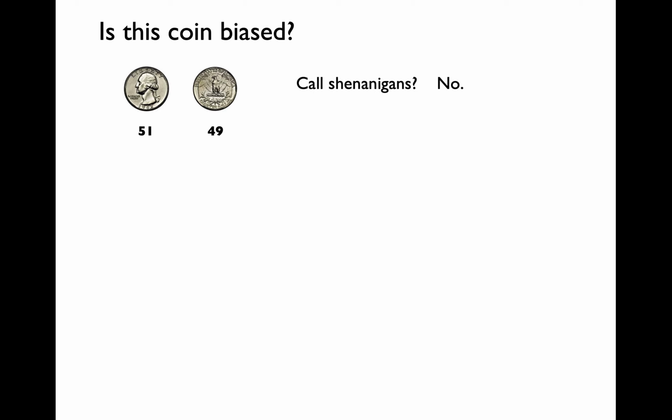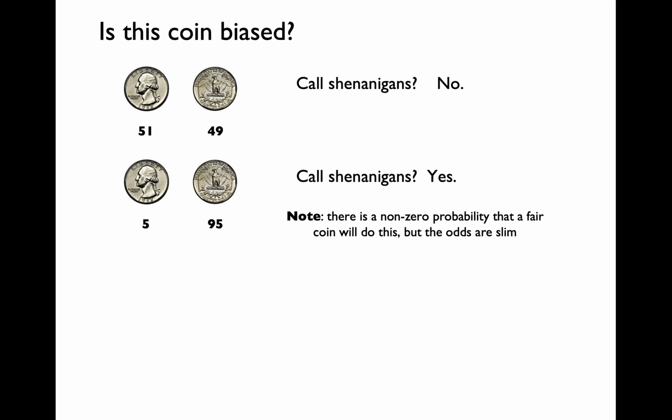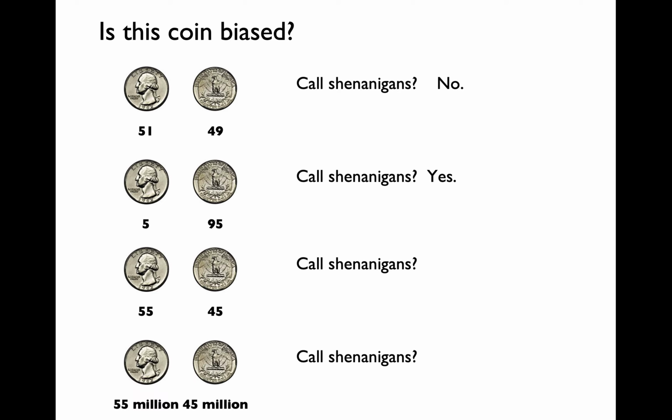Probably not, correct? What if I tell you that your friend got 5 heads and you got 95 tails? You will probably say that your friend cheated just to make you win, correct? Nice friend though. Let's consider a couple of more examples. What if I said your friend got 55 heads and you got 45 tails? Are you going to think that your friend cheated?